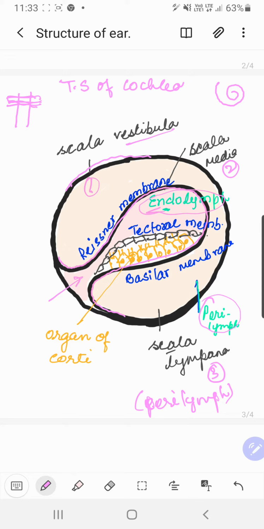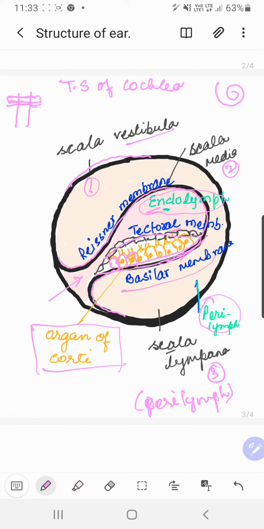Right. Now you see that the median canal is basically important because it contains the organ of Corti, these orange color cells, these ones, right? These all are the organ of Corti and they are settled on the basilar membrane, one membrane of the scala tympani. They are settled on it and they are covered with a tectorial membrane. You can see it here, right? So that they are protected. And the organ of Corti are basically the audio receptors responsible for generating the impulses for hearing, right?